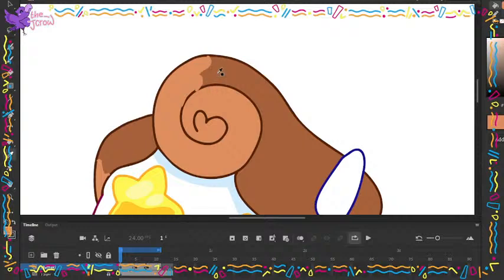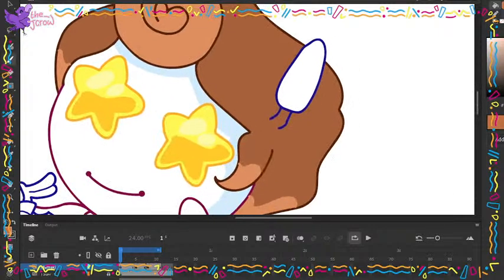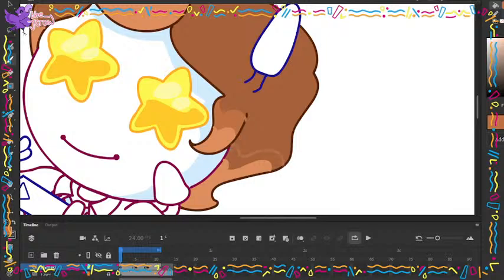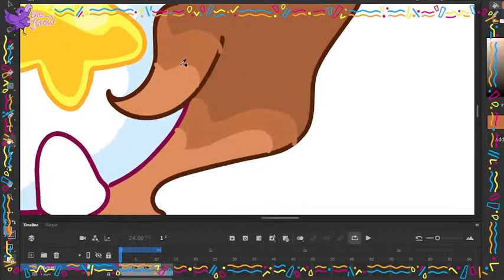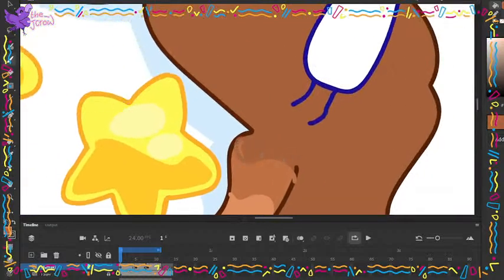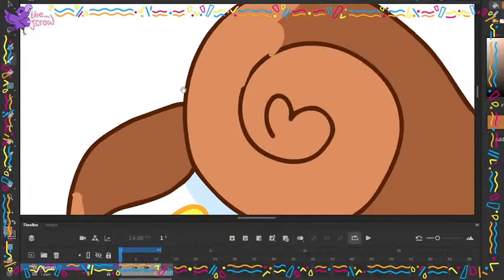So, what I'm doing now is adding some subtle wave colors to try and imitate that one drawing in the corner, and we're going to see how this looks. Nothing too extreme, I just want to see how it looks with this hairstyle.